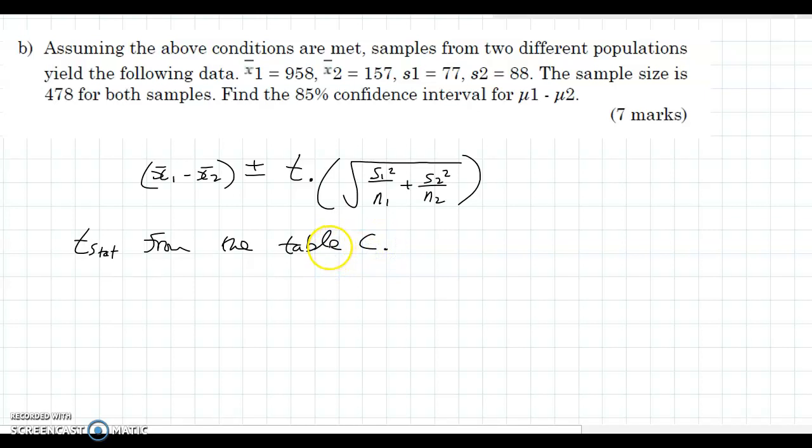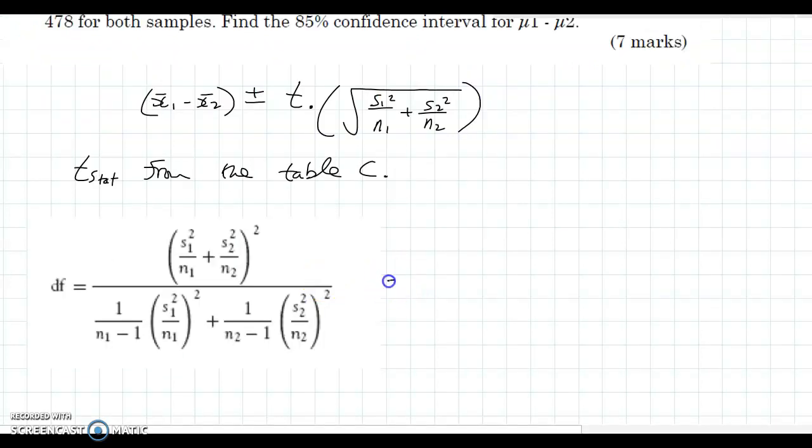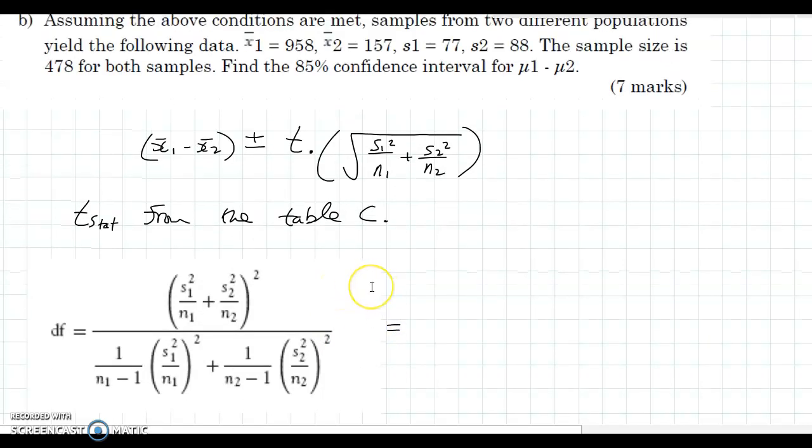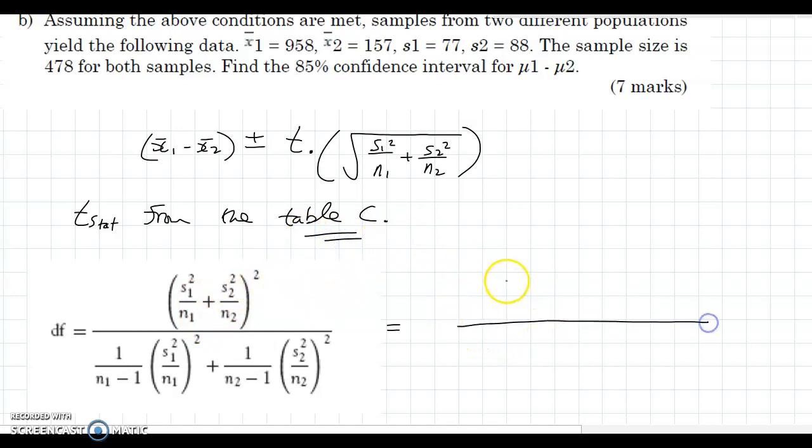The degrees of freedom is going to be a complicated one. I'm going to copy in the formula for that from the back of the exam sheet. So here's our degrees of freedom formula, which we need to know what row to look up in table C. So we've a kind of big messy fraction here, and on top we've something squared,